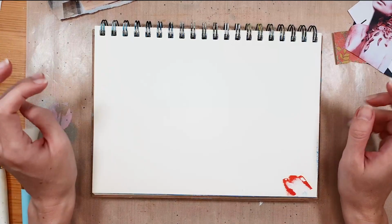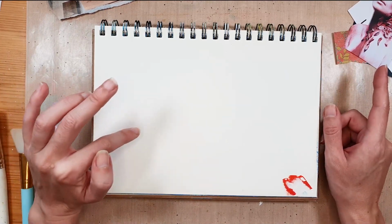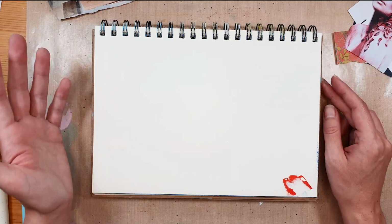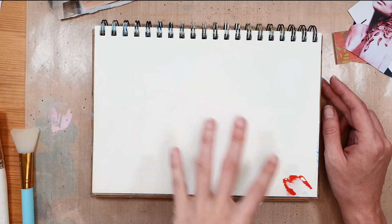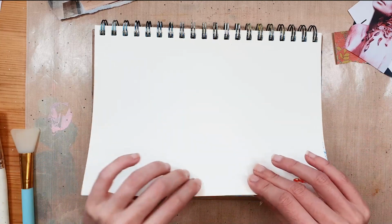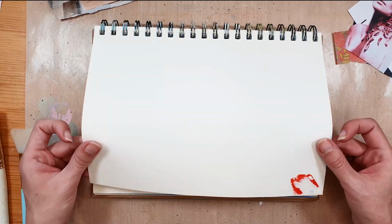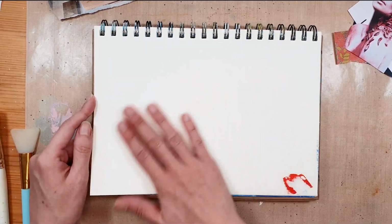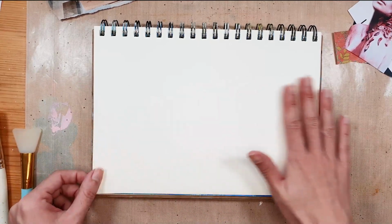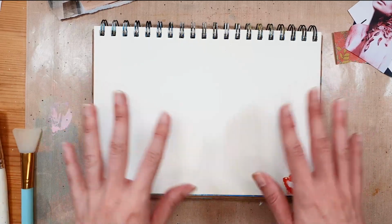So I'm going to show you which types of glue I'm using for doing collages in my art journal. And before I even start, I just want to tell you that there are many factors that the success of your collage depends on. For example, the paper that you're using. Now I'm using like a sketchbook paper. It's not very thin, but not even thick, but it's really smooth, but not the smoothest one. It's a sketchbook paper, a thicker one, and I've had a really good success with gluing things on this kind